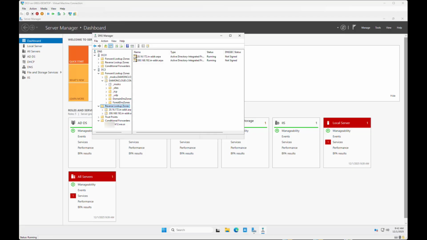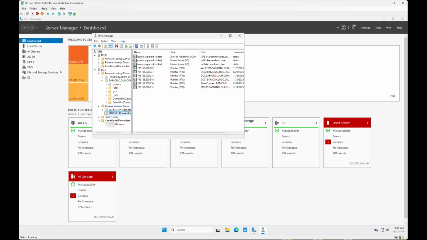That's all you need with a 24-bit subnet mask anyways, for each part of the network infrastructure that you have for Active Directory that needs a reverse lookup zone,